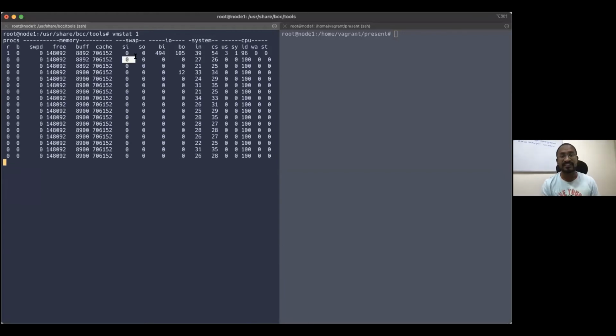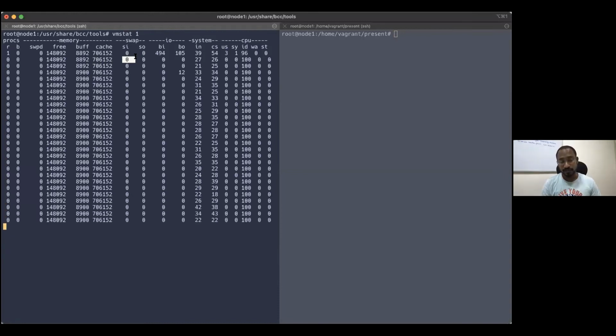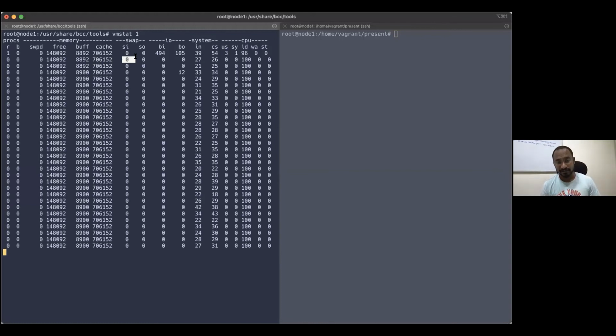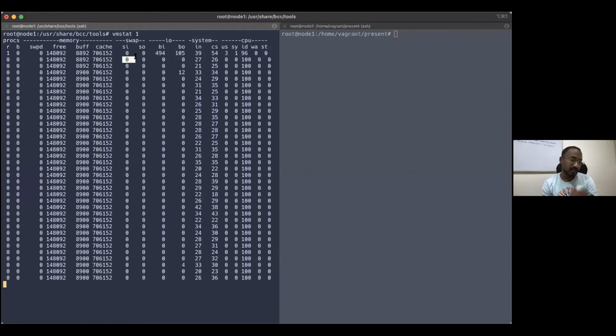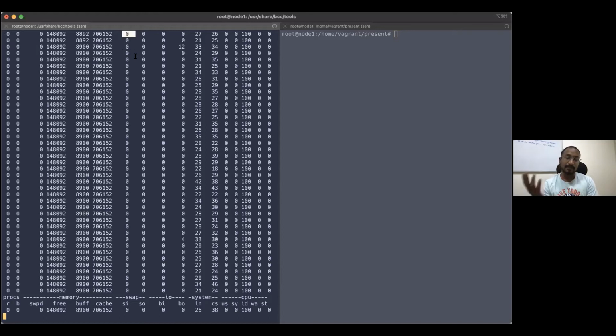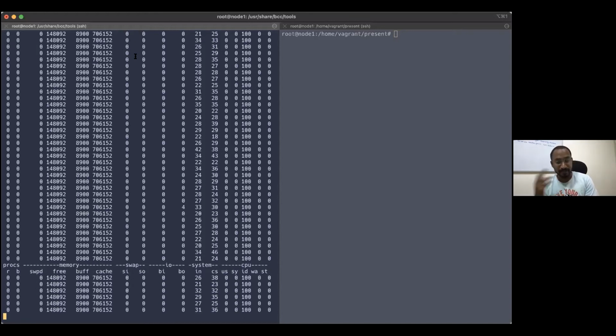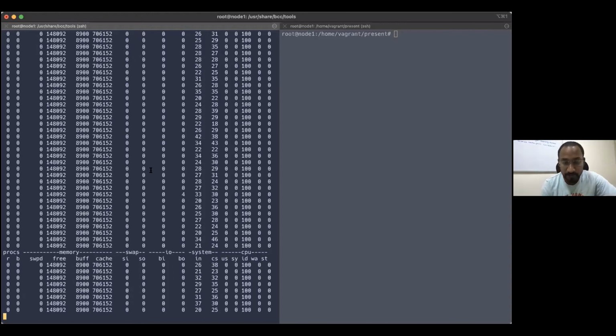Suppose you are using swap in your environment. Nowadays, after everyone moved to cloud, most people are not using swap. I too don't recommend swap, because it is on the disk, and in one way or another you are saturating your disk. And nowadays devices are very cheap in the cloud, so I don't think many people use swap. If you are using swap, you can observe the swap inbound and outbound, data coming from swap to memory and memory to swap, through the vmstat command. That is one important point I'd like to highlight here.